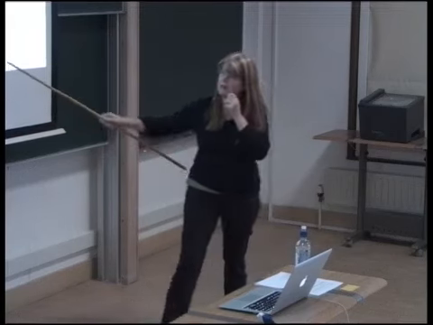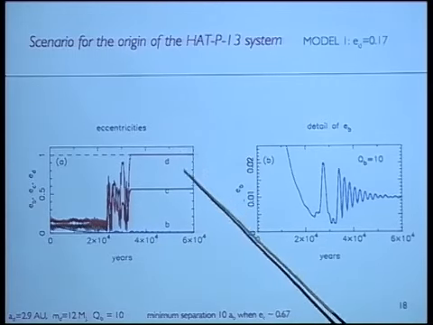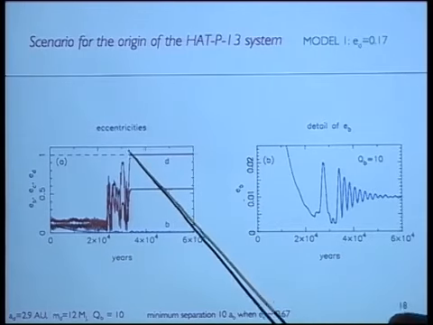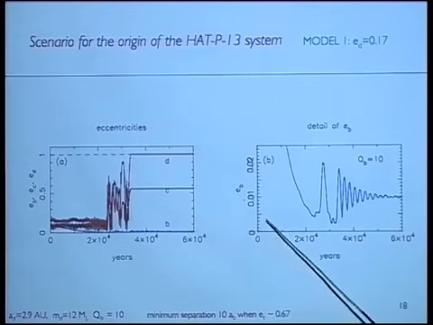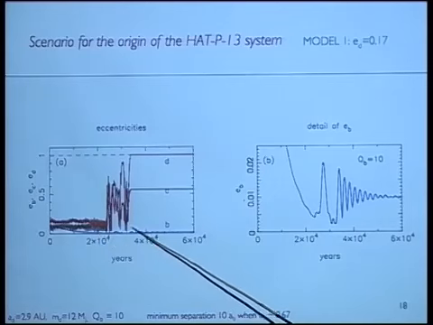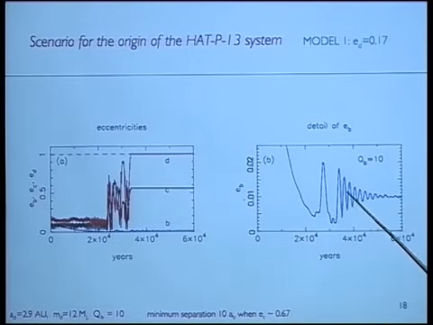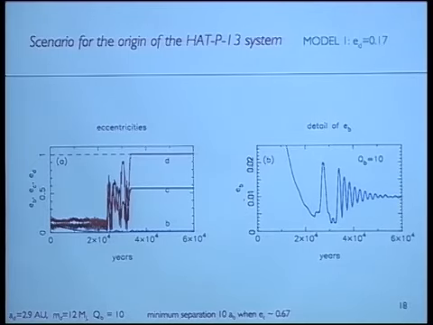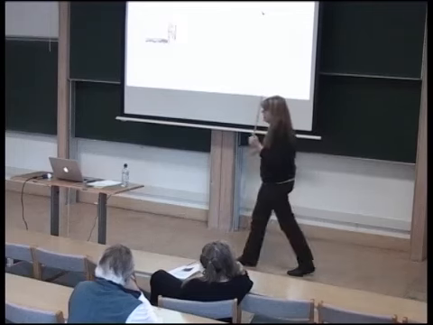The outer planet comes within 10 times the inner semi-major axis, and they fiddle around. Eventually, the outer planet's chucked out of the system. These are eccentricities, so those eccentricities are above 1. And here's a blow-up of this innermost planet and its tidal evolution and its evolution towards this fixed point. It's not quite fixed actually, we'll see, but we expect to see this kind of oscillation when it's not